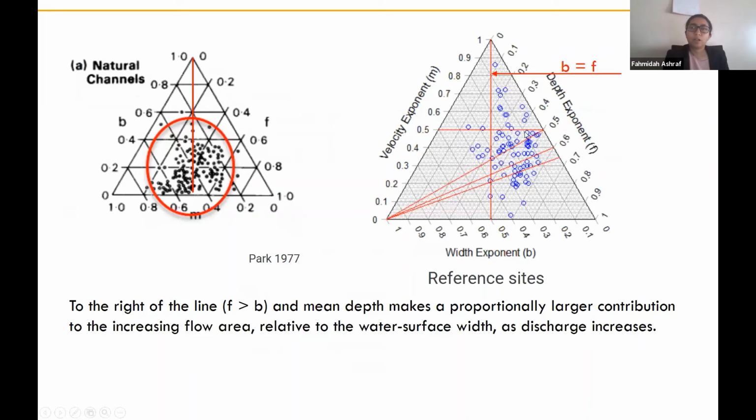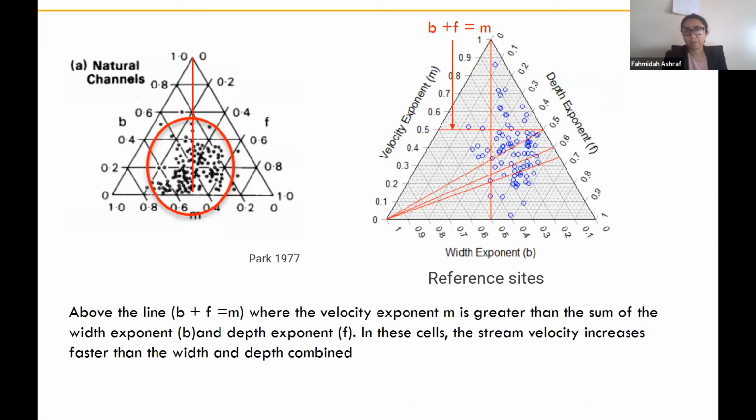So for unstable channels, these are channels where we have a highly unstable physiographic region but least disturbed watershed. They tend to move towards the right. So they are not random. From the first point of view, at least from the hydraulics point of view, they are not random. When we have stability at a local scale but instability at a regional scale, we have some trend for reference sites. This diagram means that water depth makes a significant contribution in controlling the characteristics, not river width or any other characteristics, only the water depth.